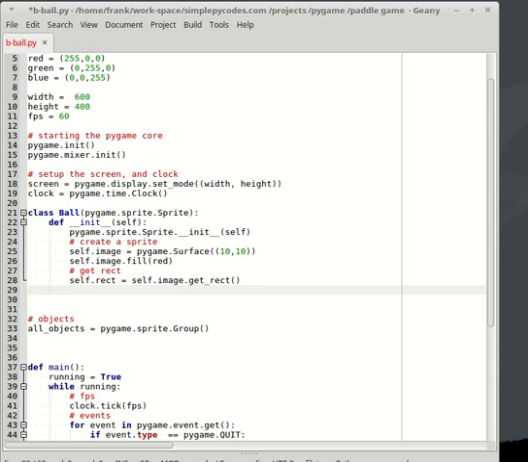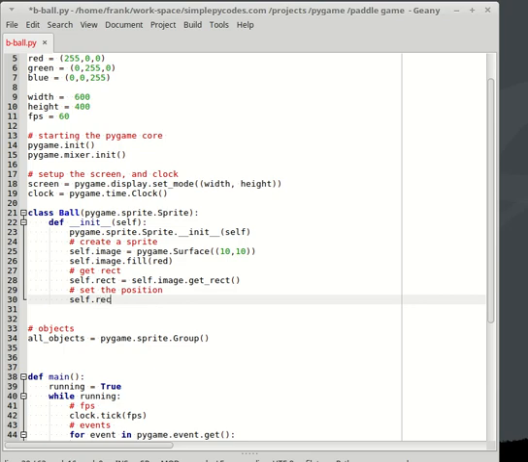Placing: now we need to place the object somewhere on the screen. Of course the ball will jump around, but for the beginning we should specify where our object will appear on the screen. So we set the position of the object, something like set position in Turtle, or setpos in Turtle. It's the same, something similar. Then self.rect.center equal,